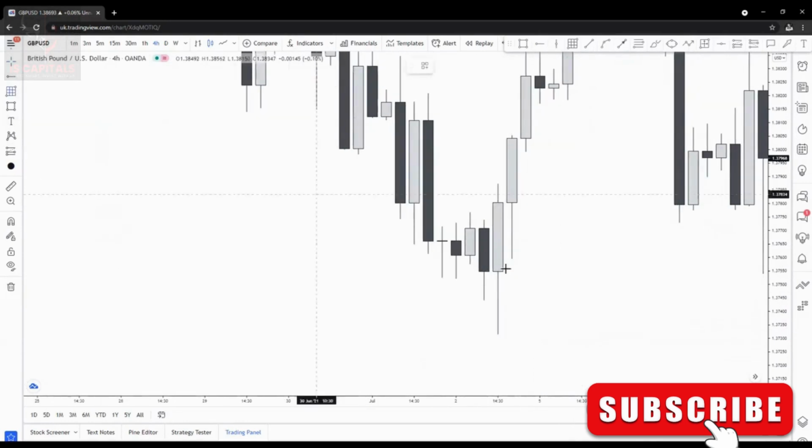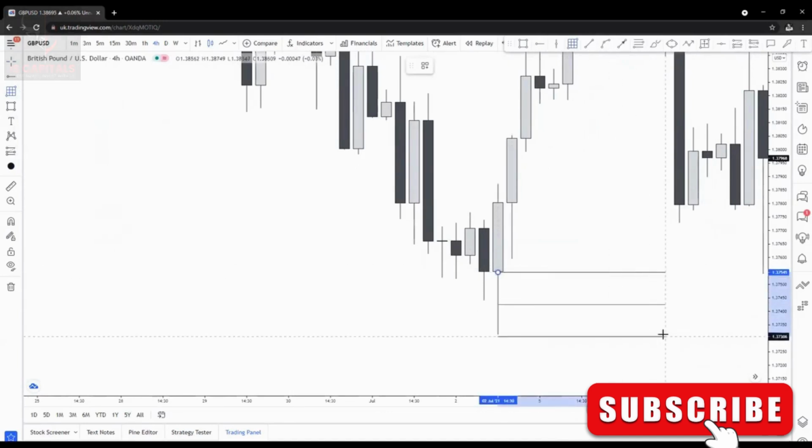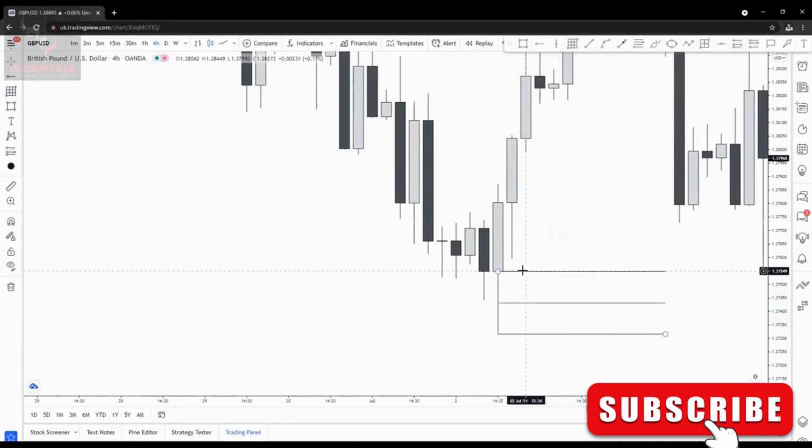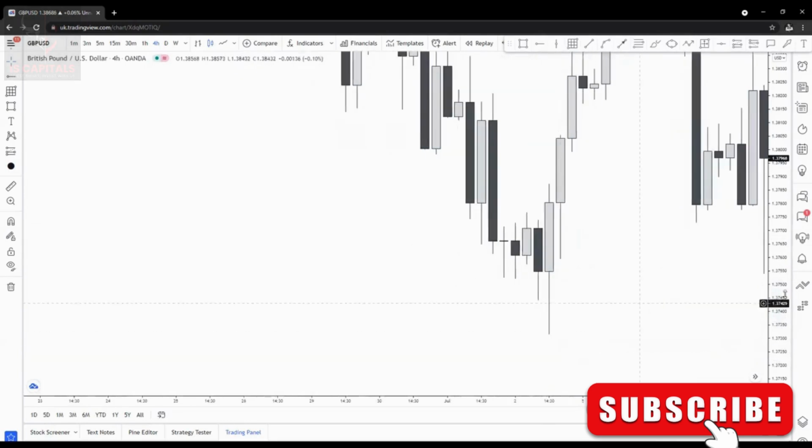That's very simple. Don't overcomplicate it. This is how we take it. The first one would be on the base of the wick, and the second one would be right here. So even if the one that was lying on the base has been mitigated, we know that price can come back down into the 50%. Now this is additional stuff, so you need to know this.